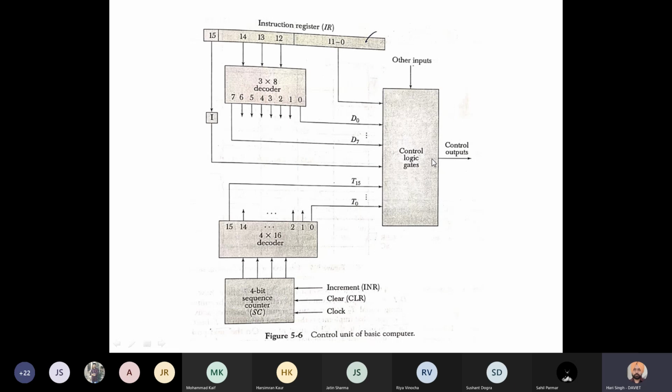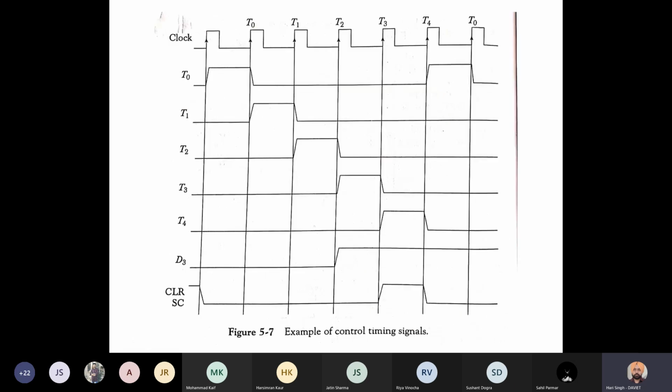So the hidden part is the structure of this control logic gates. How we design this circuit. Okay. So let us see this part. This was pending in our last lecture. Okay. So this we have already discussed. So this diagram shows that the instruction can be executed within first 5 states: T0, T1, T2, T3, T4.